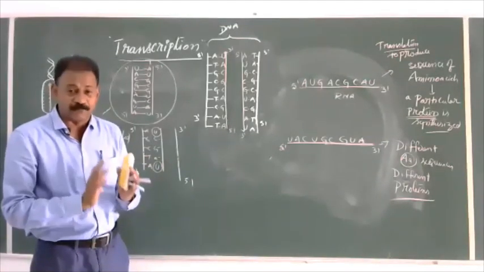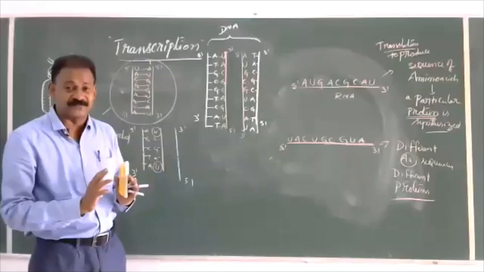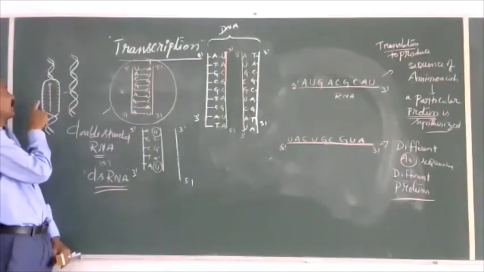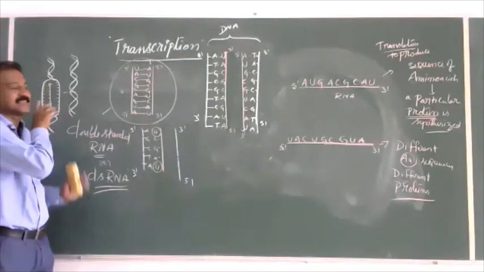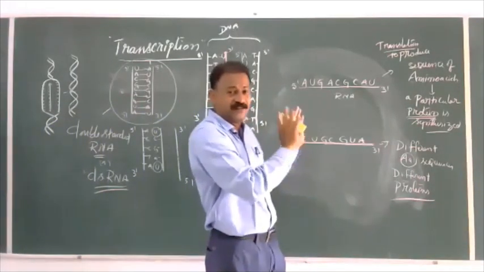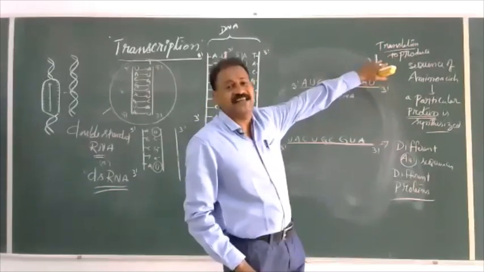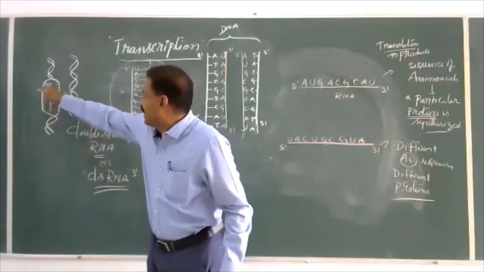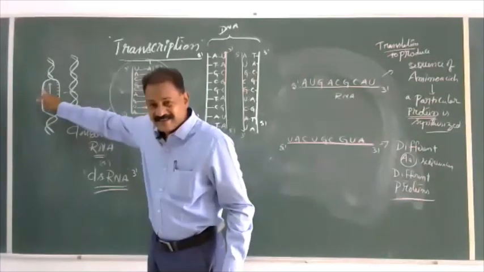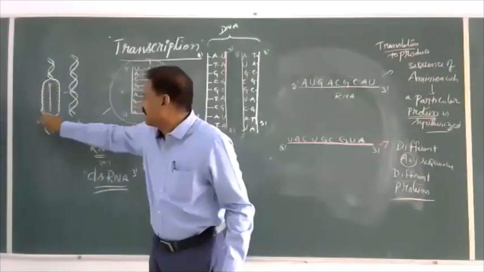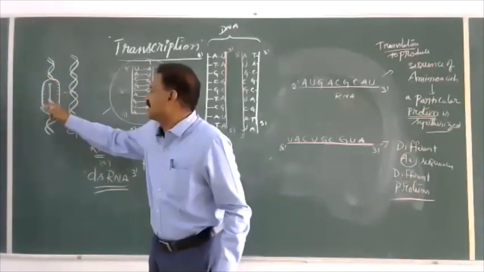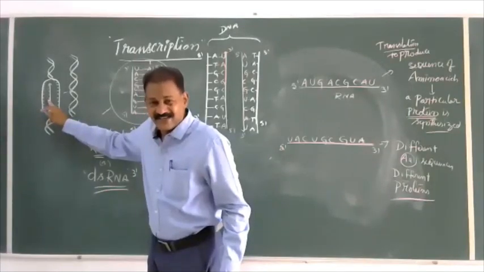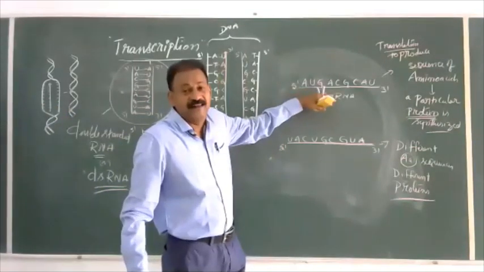What is the characteristic function, the motto of transcription? A DNA has to open. Out of the two DNA strands, one DNA has to produce RNA. This RNA has to go into the cytoplasm where it will show the translation process. It means the gene present in the DNA in the form of sequences is transcribed, copied in the form of RNA, which is called messenger RNA. This RNA will come here and the same